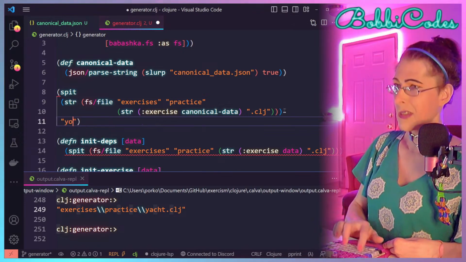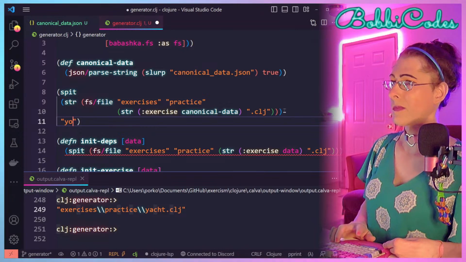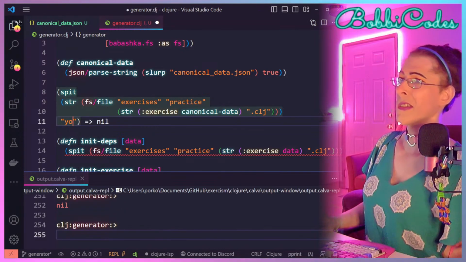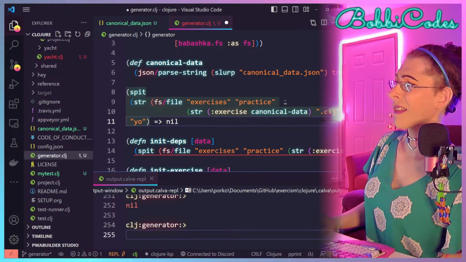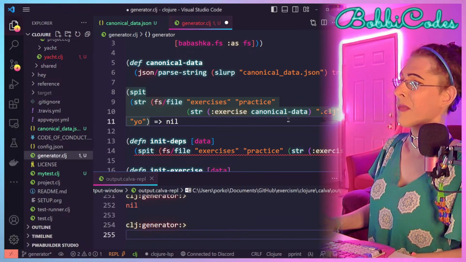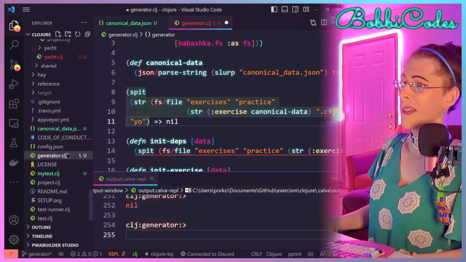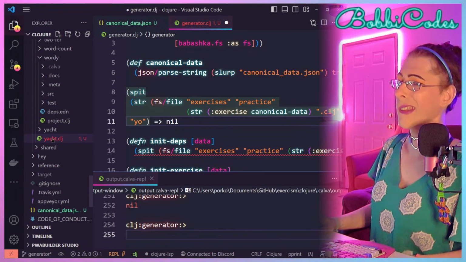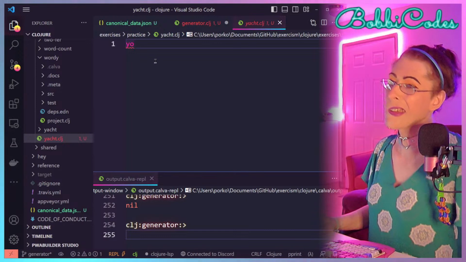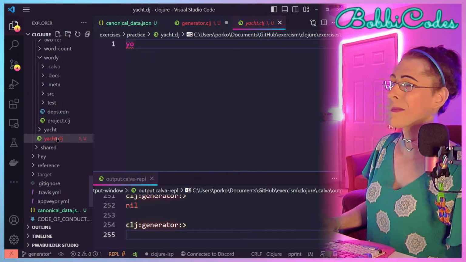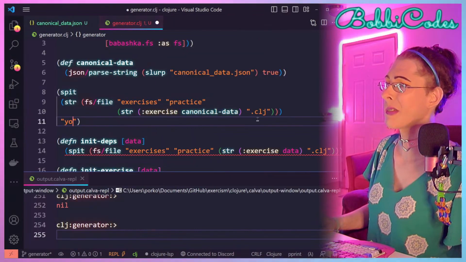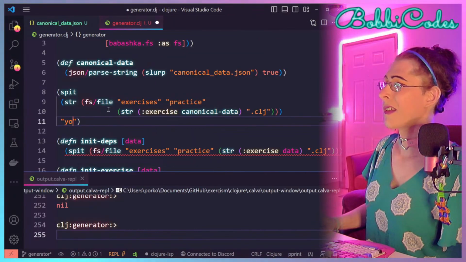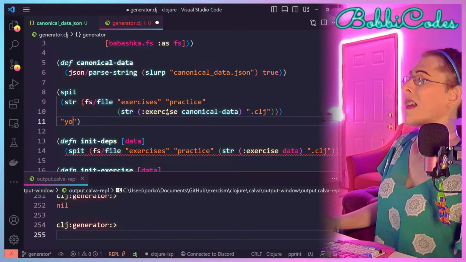And here we'll just say, yo, will be the contents of the file. Oh, you know, that's not even right. Exercise, well, okay, we'll see. Yeah, there it is, yacht.clj. Okay, so it works. That's just not what I wanted to do, but that's okay, because it is going to be